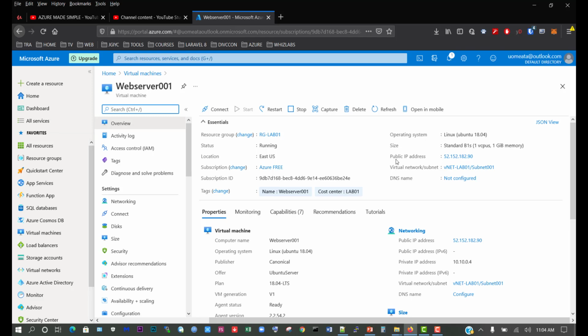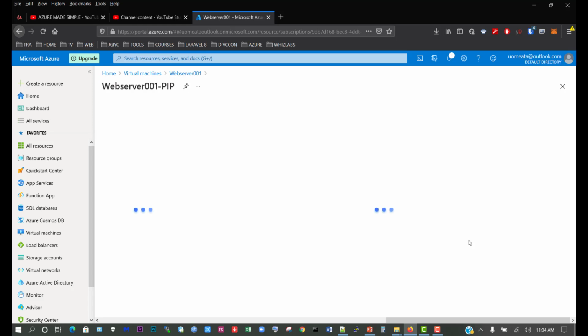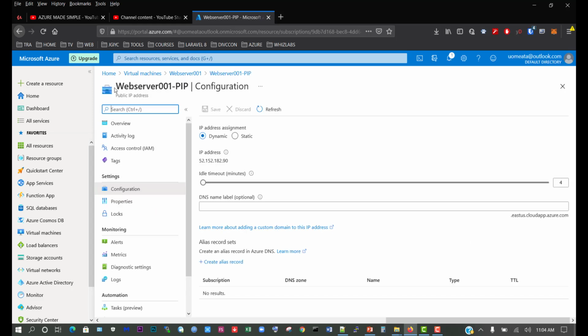So we can see that the public IP address we have here is 52.152.128.90, and the private IP address that was issued based on the subnet we created is 10.10.0.4. So if we want to see whether the public IP address is dynamic or static, we'll just click on this, and we can see the name we gave to the public IP address,